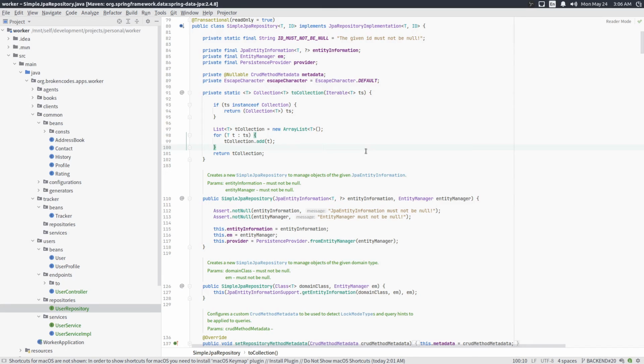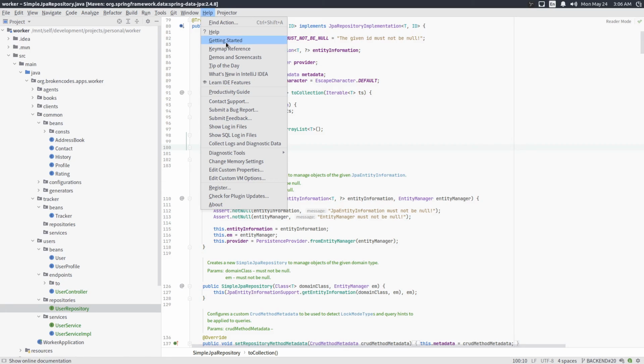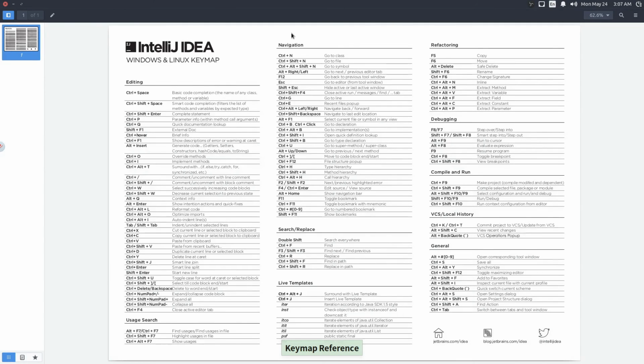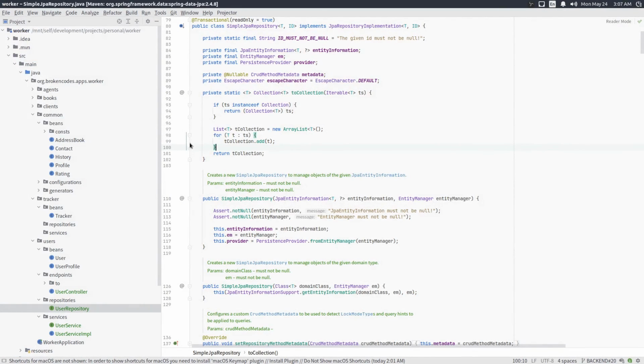So we have almost covered everything that you need to know for navigational shortcuts in IntelliJ IDE. It's not a complete reference. Of course, there are a lot of other things that are present, and you could always go to help, keymap reference, and get this thing printed out somewhere, I suggest. But yeah, what I've done is I've mostly covered whatever I use on a day-to-day basis. So hopefully you'll find this helpful.